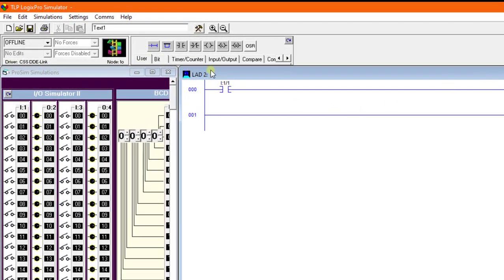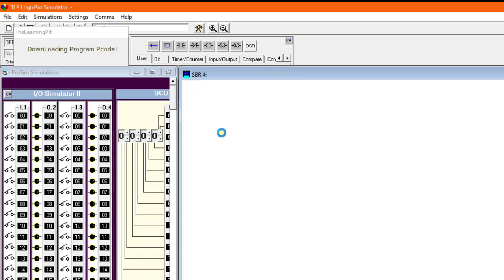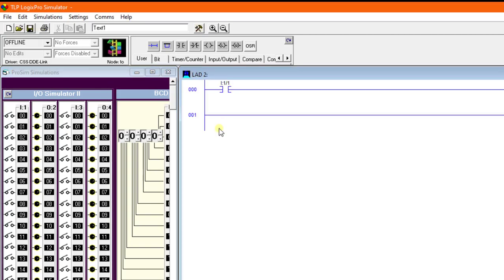Now what I need to do is that you can see this thing over here which shows offline. I'll click it and we'll move it to download to PLC. Okay, so this has been downloaded to PLC. What does this mean? You'll get it, don't worry. So now I'll click to go online. This means I'm online. Now I'll click on run. Okay, so there were steps. First it was offline, then I downloaded it to PLC, and then I went online, and in this online section I checked the run option.